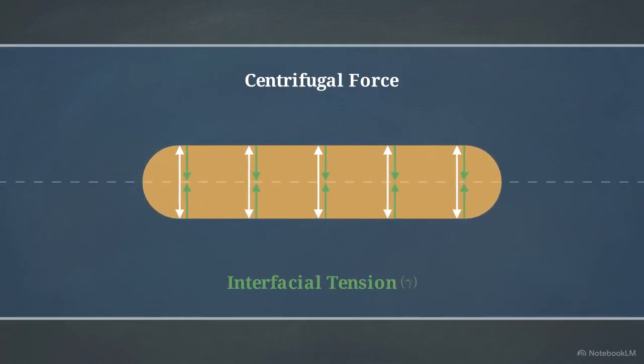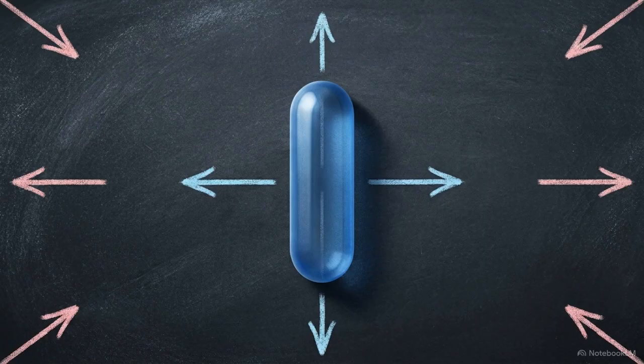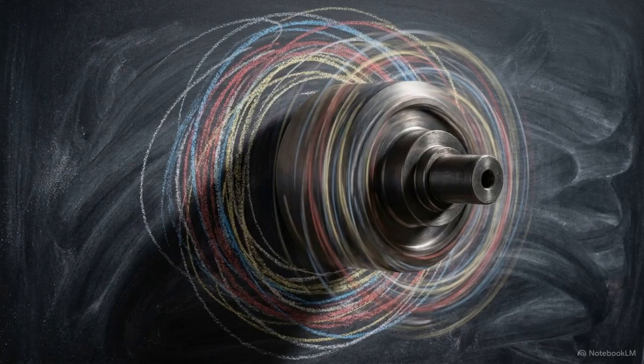The sole opposing force keeping the droplet intact is the interfacial tension, which pulls back inward against the centrifugal expansion. As the RPM stabilizes, the drop reaches an exact measurement threshold. The elongation permanently ceases at the exact moment the inward interfacial tension perfectly balances the outward pressure difference generated by the centrifugal field. By weaponizing centrifugal force against interfacial tension, we can accurately measure boundaries that are physically impossible to